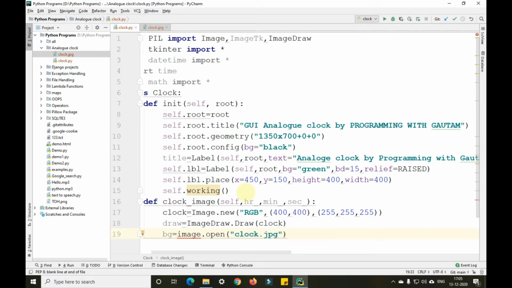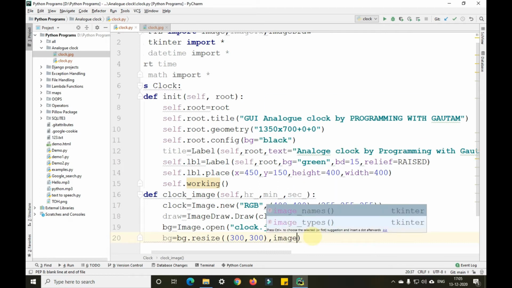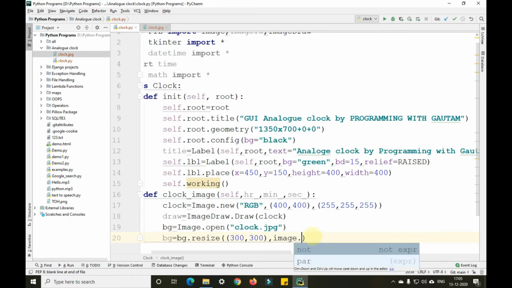Clock.jpg. So this I is in capital, guys. So that is the reason we have got an error there. After that, we'll resize that image. bg equals to bg.resize of 300, 300, Image.ANTIALIAS.